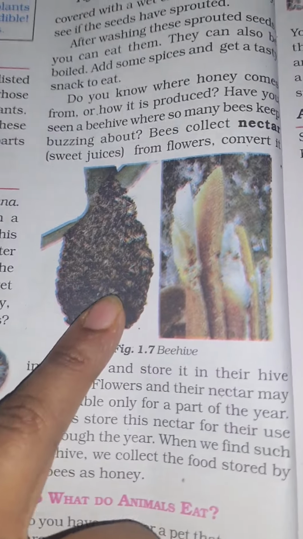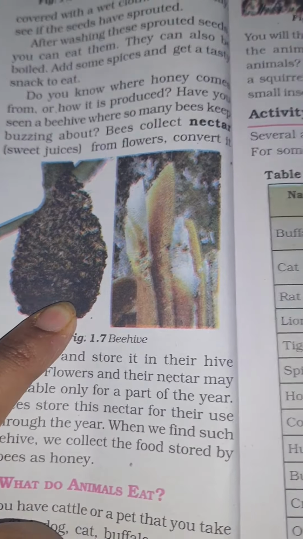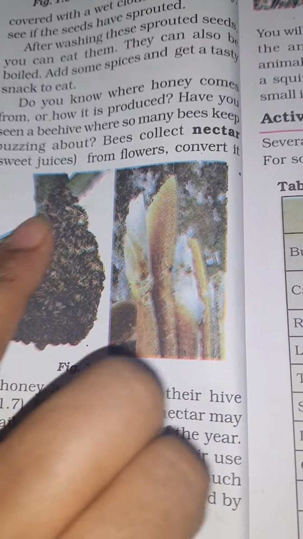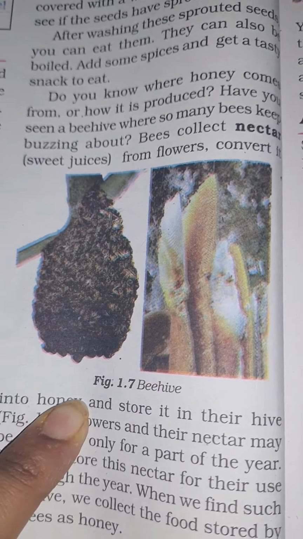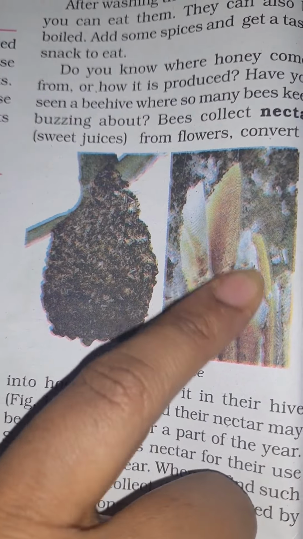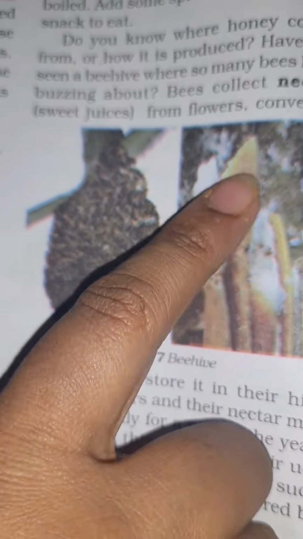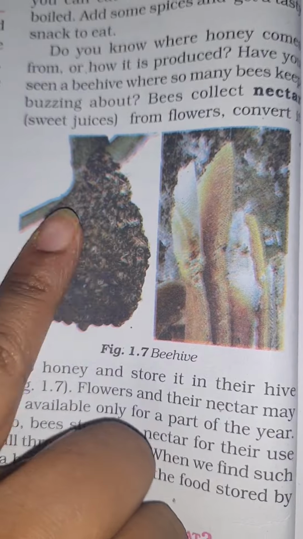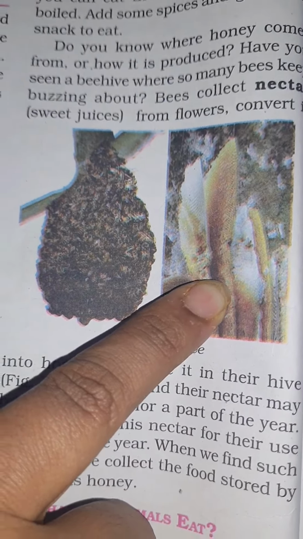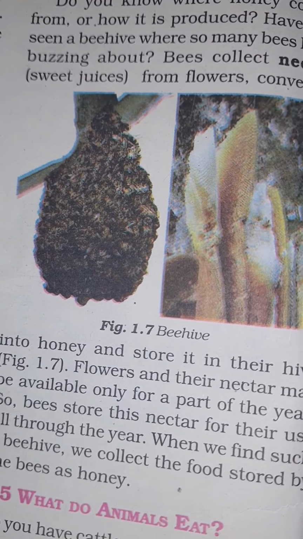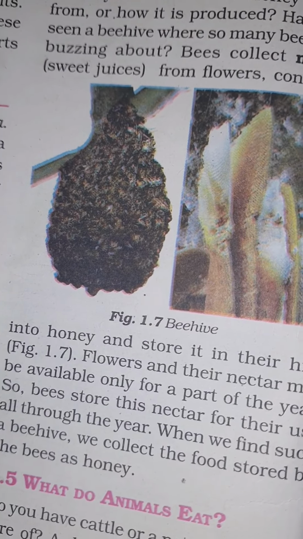On the big plants in the wildlife, that is in the jungles, when you go in the forest, these beehives, see, this is a beehive, they keep it on the big trees, okay. So from that only we are obtaining the honey. This is a path they are showing, clearing these bees, this is a part that will be left out, and from this only we are getting our honey, okay children. So in that way, in different ways, the animals and the plants are useful to us.